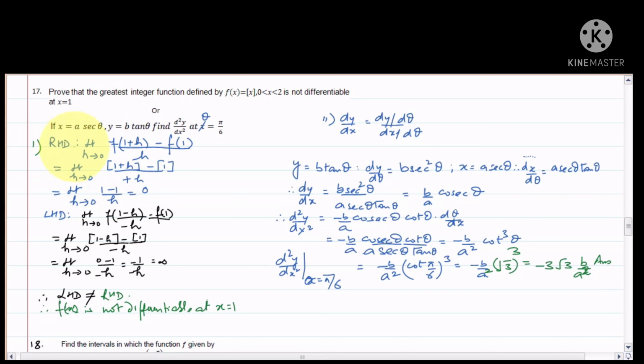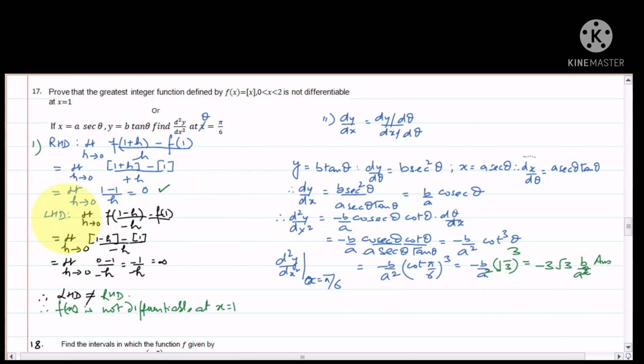So for the right hand derivative, again we take a minute quantity h, so limit h tends to 0, function at 1 plus h minus function value at 1, upon h. So what is box 1 plus h? It will give me the value as 1, minus box 1 will give me 1, upon h, as h tends to 0. So my result will be 0 upon something, that is 0. So this is the right hand derivative.